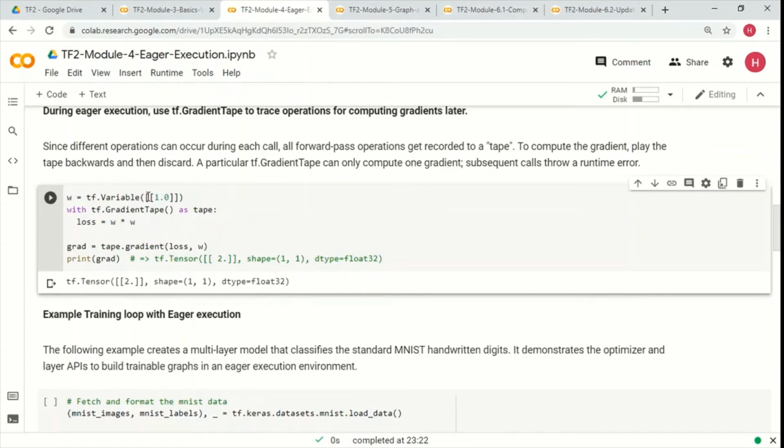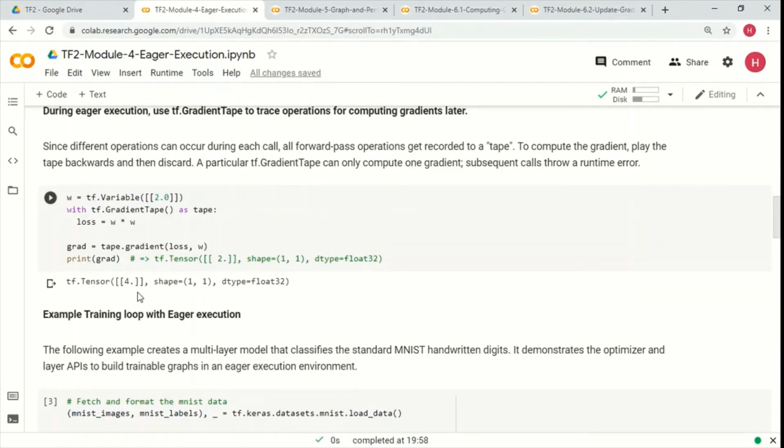Because our original variable itself is 1 by 1, right? And why is the gradient 4? Because as you can see, the loss is w into w, so that is w square. If we differentiate that with respect to w, then it's going to be 2x, right? The differential of x square is 2x, so that's why 2 into 2, 4, right?